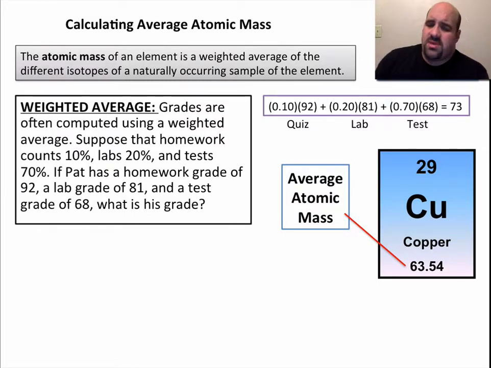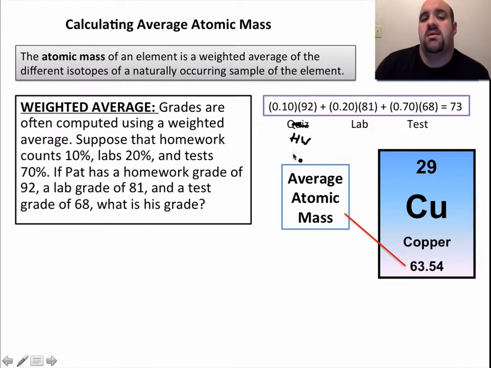And what you do is you simply take the grade and you multiply it by the percent that it counts, but as a fraction. So this was homework, sorry, this should say homework. We have a homework grade of a 92, but homework only counts for 10%. So instead of 10%, I have 0.10 because I turned a percent into a fraction by dividing by 100 or